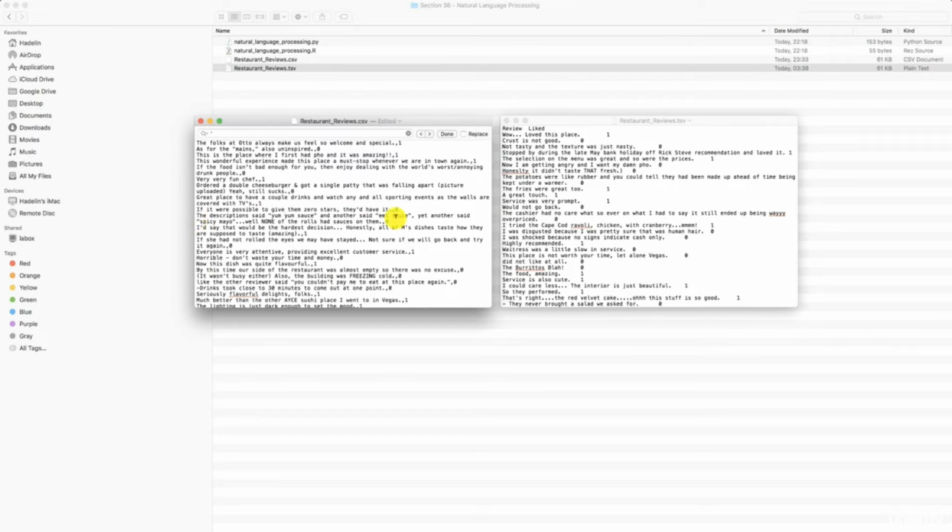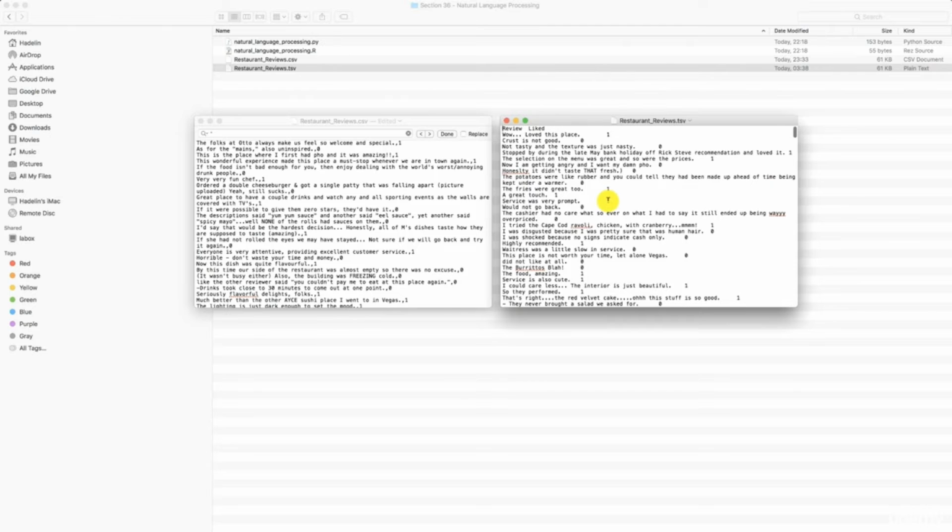So even if you put some double quotes to separate your reviews from the result, that is 1 or 0, well, you would still have this kind of problem. Whereas if you separate your review and the liked variable by a tab, you will never get this kind of problem because no one will press tab when writing a review. So definitely that's the one we'll go for,